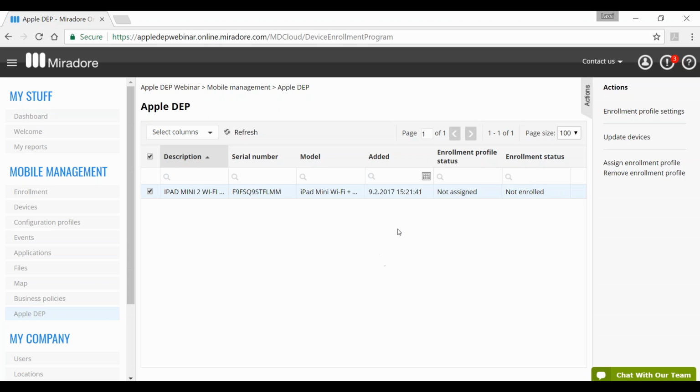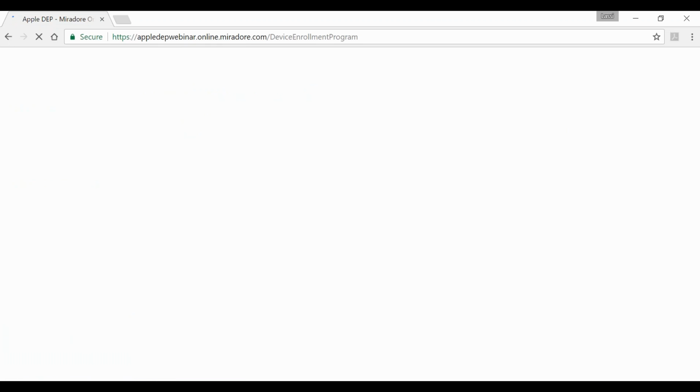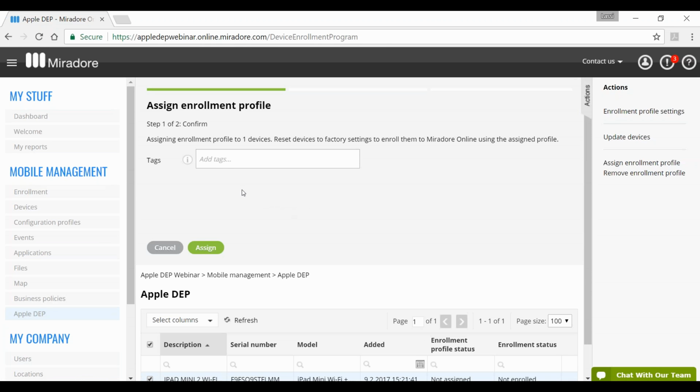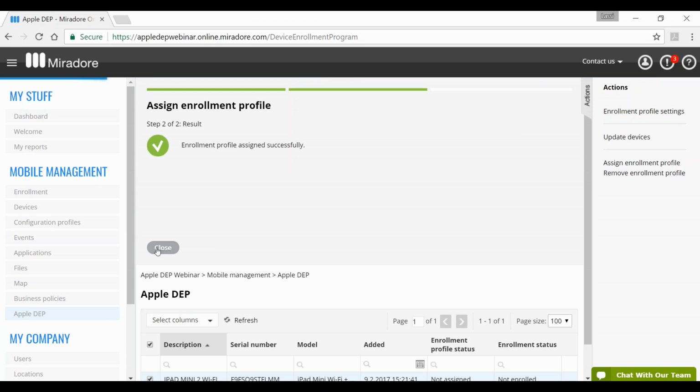So the ones you want to enroll, you need to select and then use the option to assign enrollment profile. At this point I will not assign any additional tags, so let's just click assign.